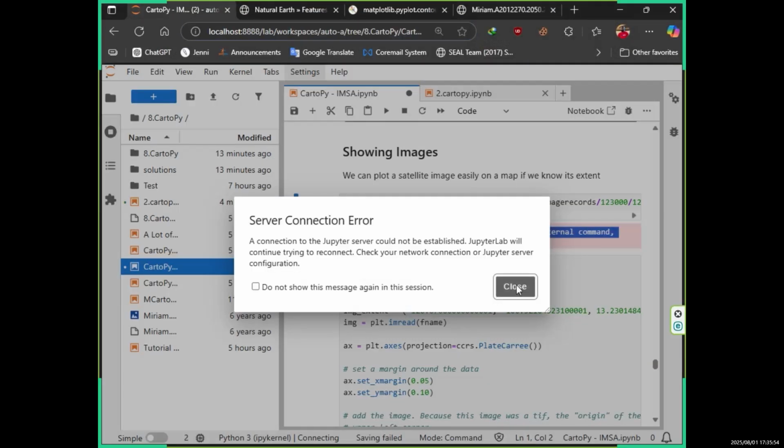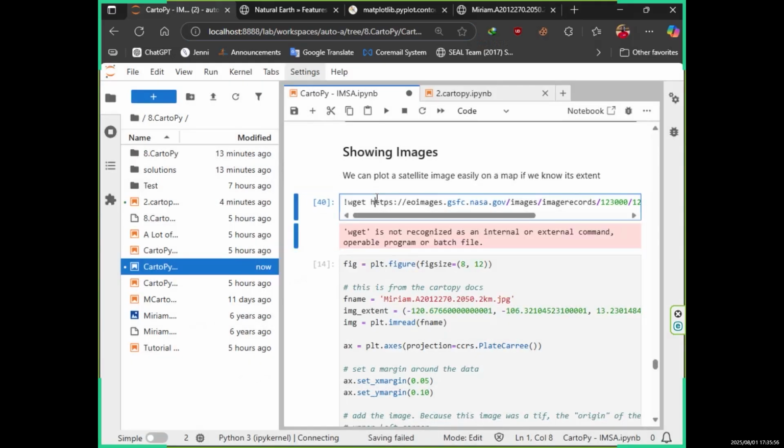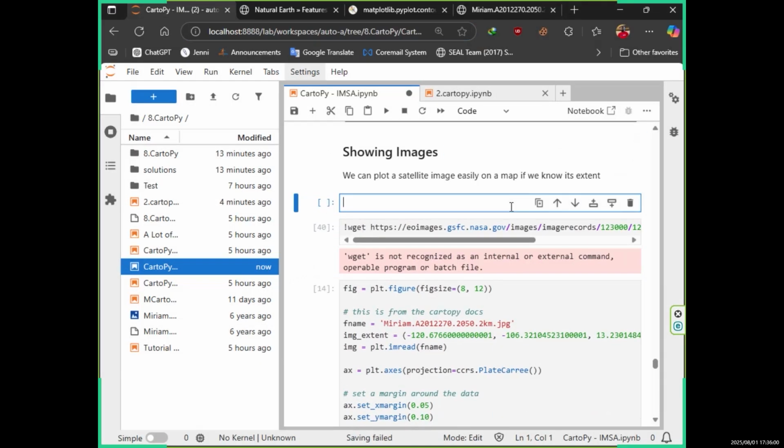So now I load the Jupyter Lab. Now I know I don't have wget installed. So how can I install wget? In here, using an exclamation mark at the start, I can type pip install wget. And if I run this cell,